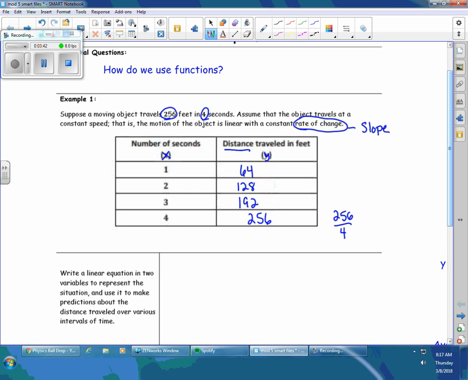Well, I already said my slope and my rate of change are going to be the same thing. And didn't I identify my slope as 256 divided by 4, or 64 over 1? Again, that's 64 feet in 1 second. And that would be my rate of change, or my slope. So if I want to put that in an equation, it's going to be y equals 64x, where x is any time I want to plug in there,